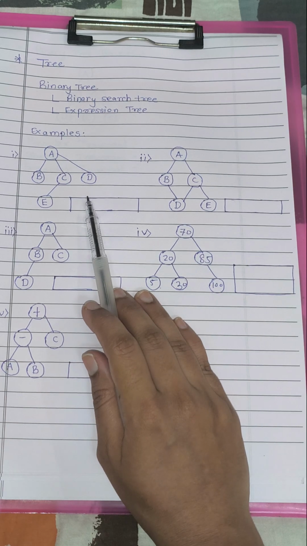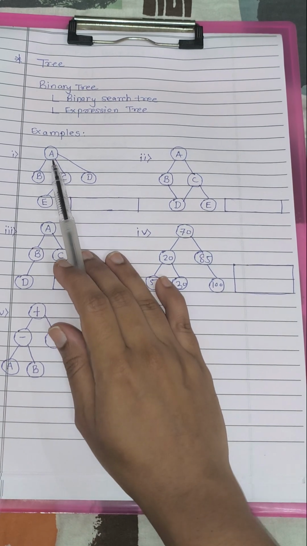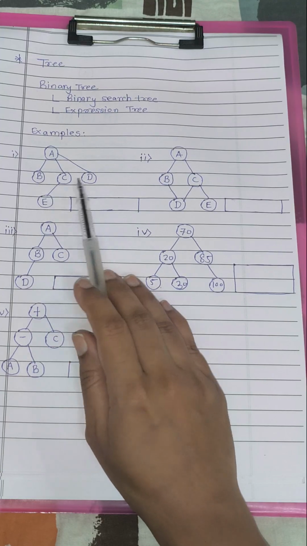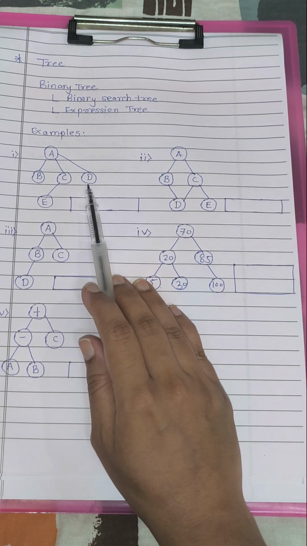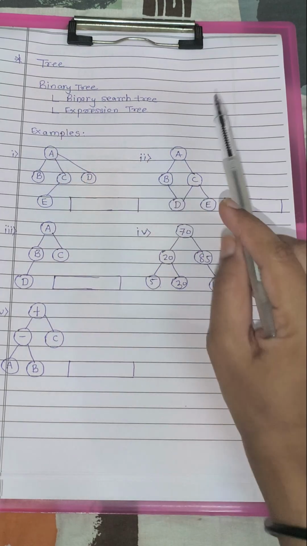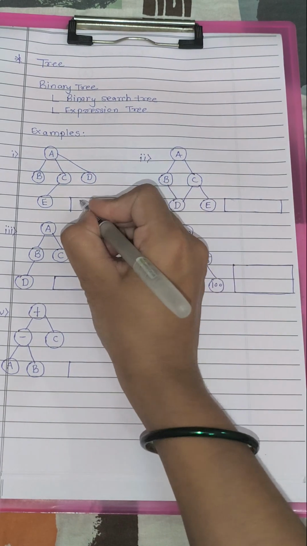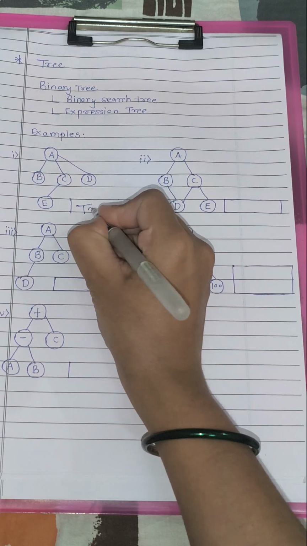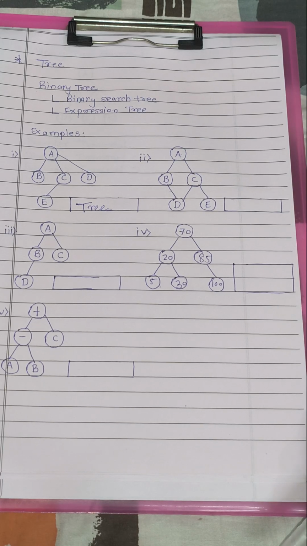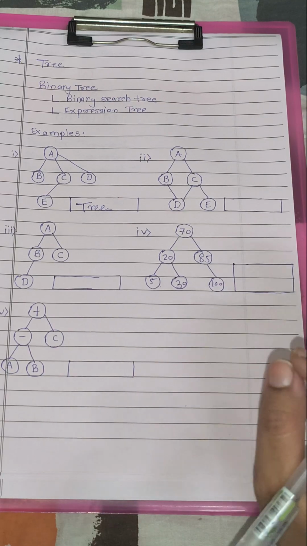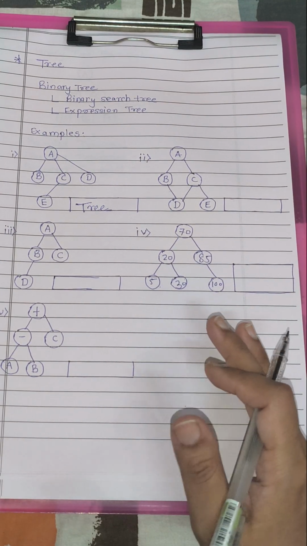I hope you have guessed it. You can clearly see that the root node A has 3 child nodes, which is more than 2 child nodes, meaning it is definitely not a binary tree. So the simple answer to this example is a tree structure. This is simply a tree structure. There is no binary form involved in this particular example. I hope you have got quite a clarity here.